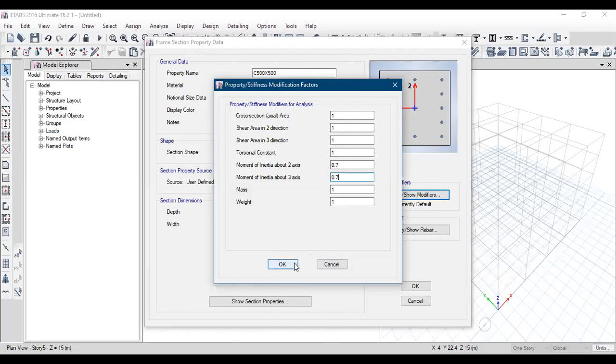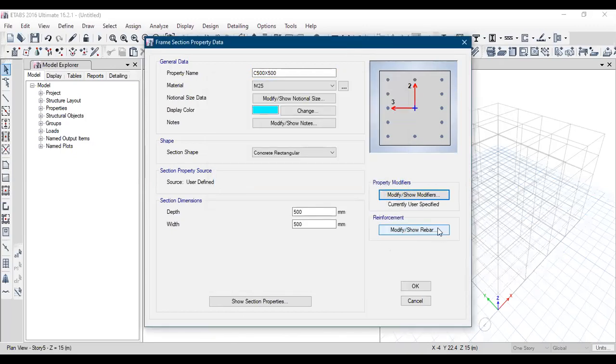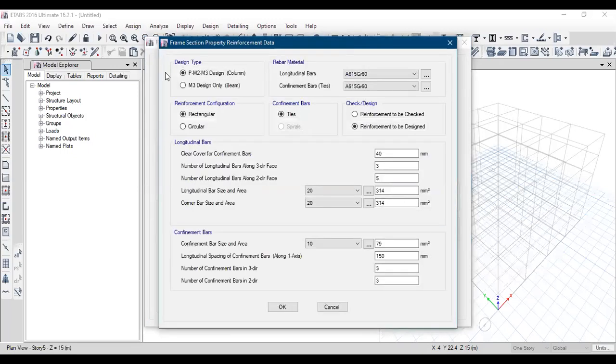Then click on OK. Then again go to Modify Show Rebar. Here it is for column, so select column. Then longitudinal bars, you have to select HYSD 500. Then again you have to select ties, which is HYSD 500.